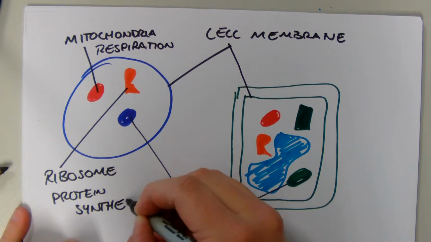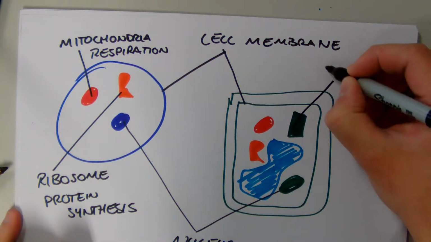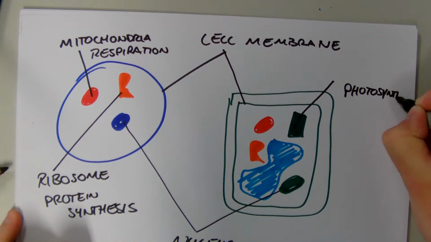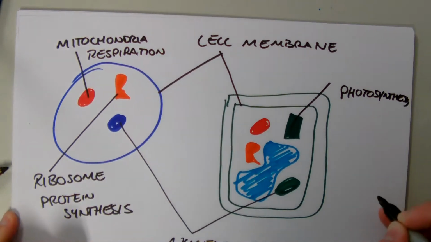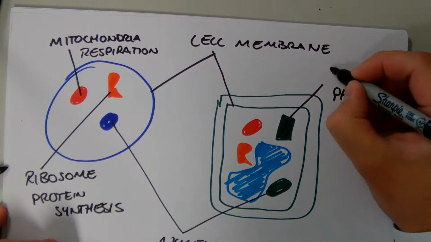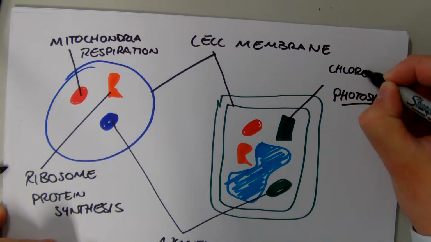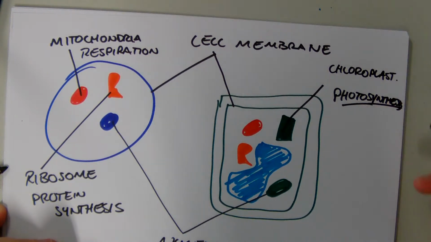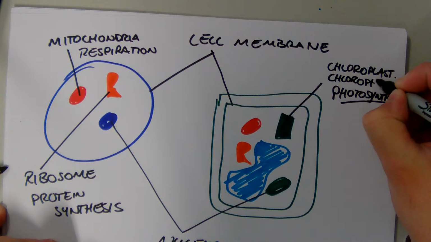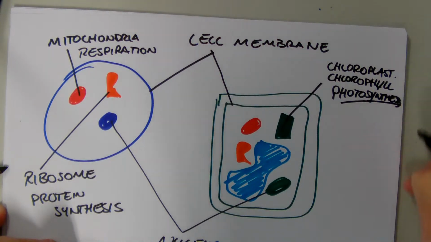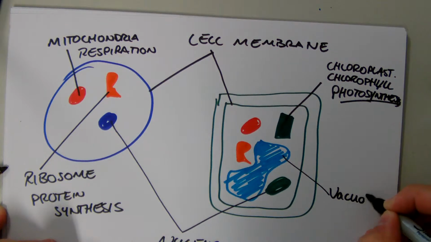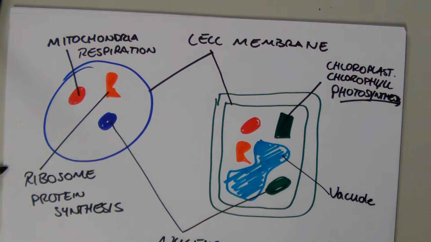Synthesis just means making. Think about the word photosynthesis. Photosynthesis means making stuff with light. And in a plant, that happens in the chloroplast. My chloroplast is filled with chlorophyll. It's what gives my plants a green color. And my vacuole is my site of